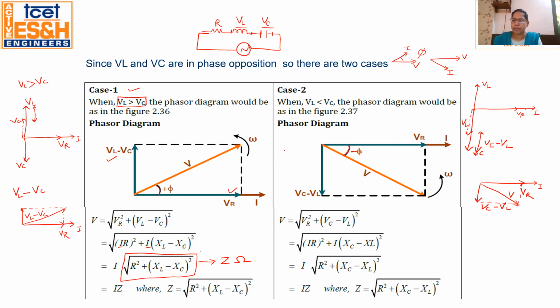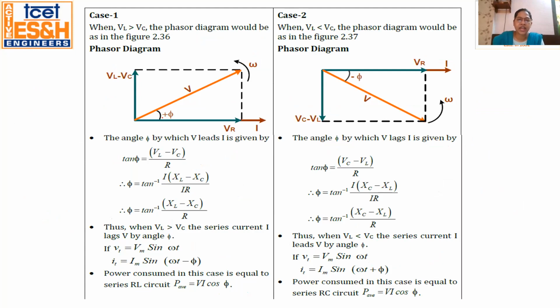So it is in the minus. Now the impedance of this RLC series circuit is the square root of VR squared plus (VC minus VL) squared. We replace VR, VC and VL by their respective formulas of drop. After that, we will get the impedance in this RLC series circuit when VL is less than VC as Z equals the square root of R squared plus (XC minus XL) squared. So this is the Z in case of VL less than VC.